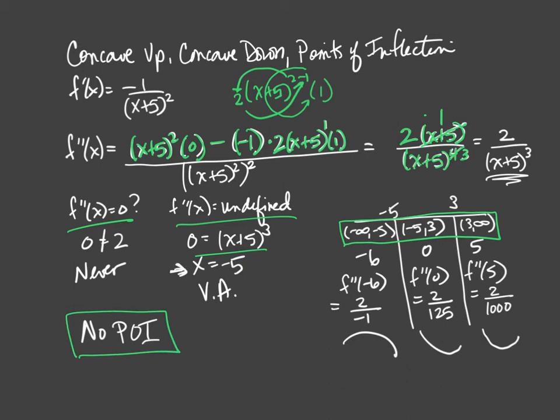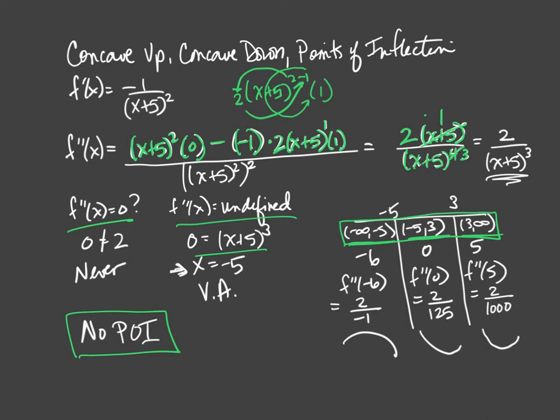But I can still use the second derivative to determine where I've concave up and concave down. So just like I did with the first derivative, I'm using the second derivative as a tool to tell me what's going on in that interval. So again, I'm picking test values, one that lives in negative infinity to negative 5, I chose negative 6. One that lives in negative 5 to 3, I chose 0, and one that lives in 3 to infinity. So whatever happens at those test values is indicative of what's happening in that entire interval.